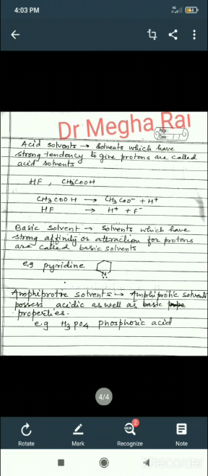We know the word amphi. Amphi means neither, that is, it does not behave like acid nor basic. Amphiprotic solvent possesses acidic as well as basic properties. It can accept proton or it can give the proton. For example, phosphoric acid is the best example which can give proton or which can accept the proton.